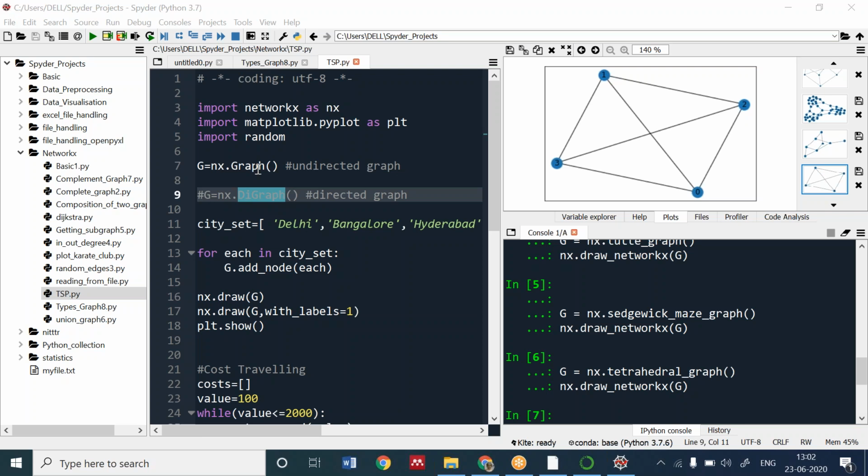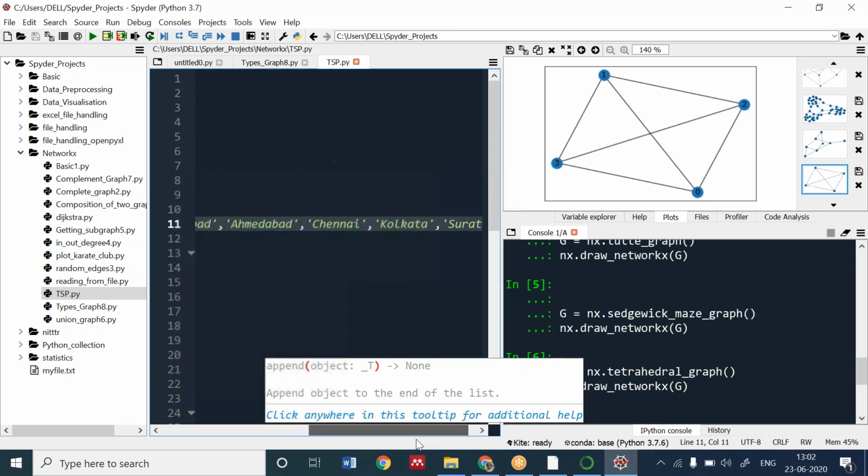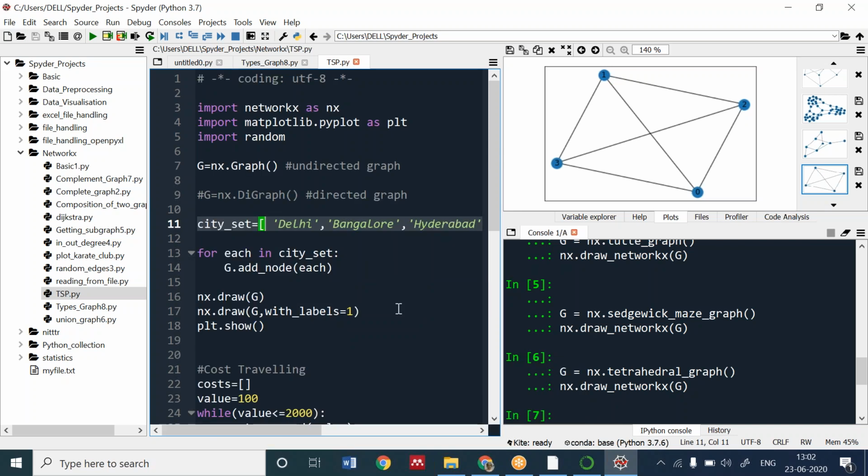Okay. Graph. We are having the cities. I'm taking some city names for the betterment of the example: Delhi, Bangalore, Hyderabad, Ahmedabad, Chennai, Kolkata, Surat. I'm taking these 8 cities for creating a graph. These are the city set. I have the list of the city names.